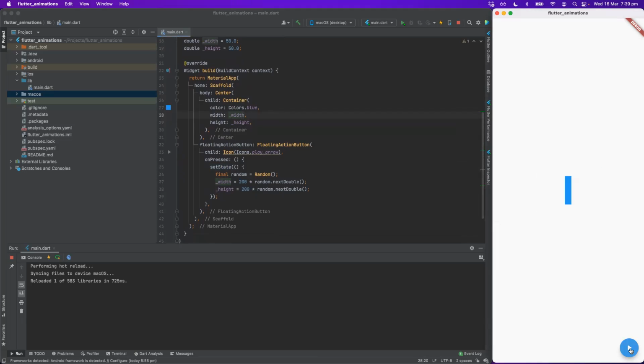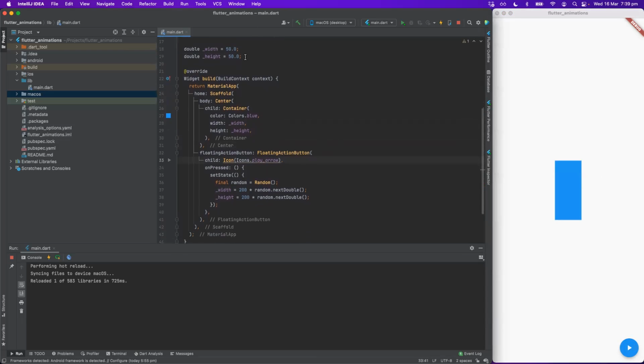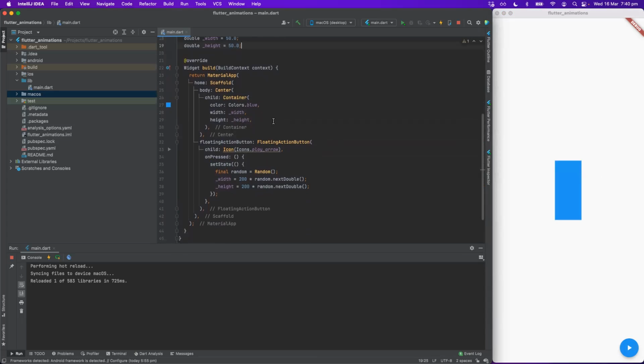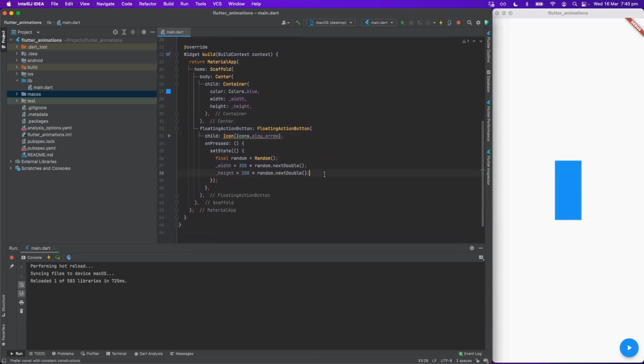Every time that I click on there, a new container is generated. Cool. This is the main difference between creating UI in Android and in Flutter. But I think with Jetpack Compose, there is probably something similar now in Android as well. But I think it's a really cool way of creating UI.